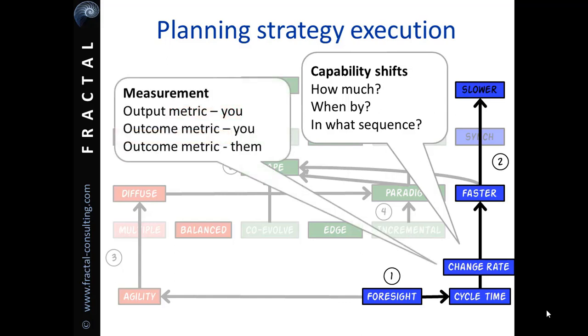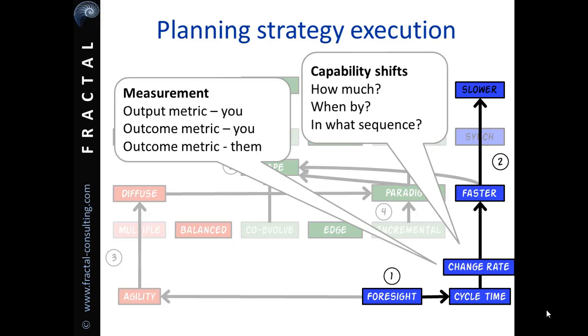Patterns also helps with tracking the delivery of your strategy and the impact it's having. You can directly and easily monitor progress of the capability shifts and the aspects of your execution plan that are directly in your control. They're important because they tell you if you're doing what you need to do, but they don't give you a full measurement picture. To know if you've successfully changed your strategic fit, you also need a set of outcome indicators that'll tell you whether the strategy is actually having the external impact you need.